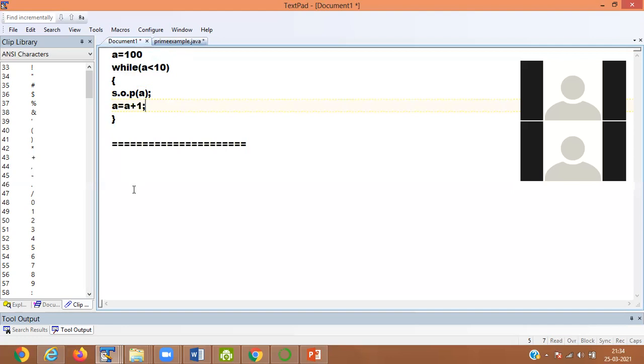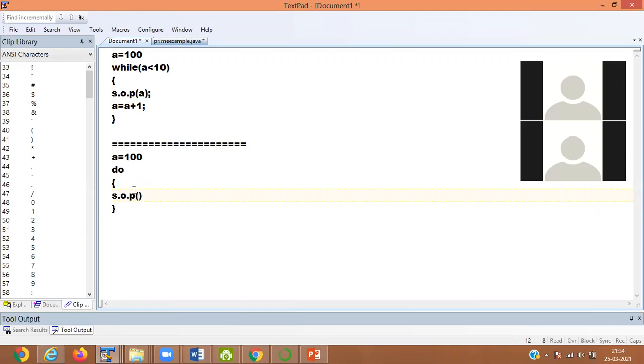But in the case of do while loop, suppose I pass here a is equals to 100. Do, system.out.println, I just give you a short form.